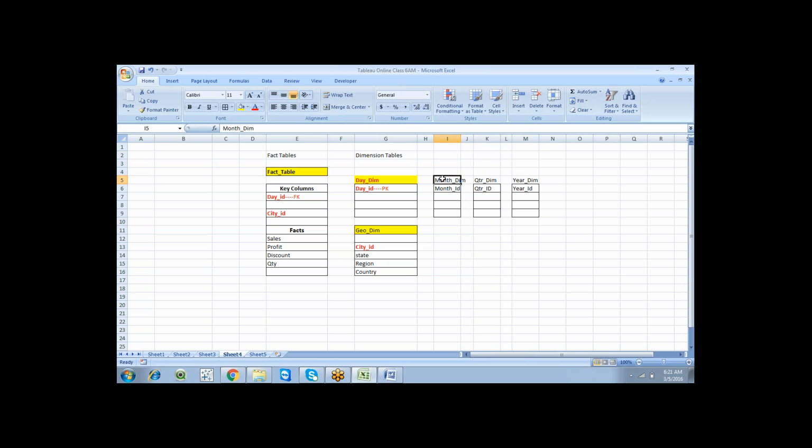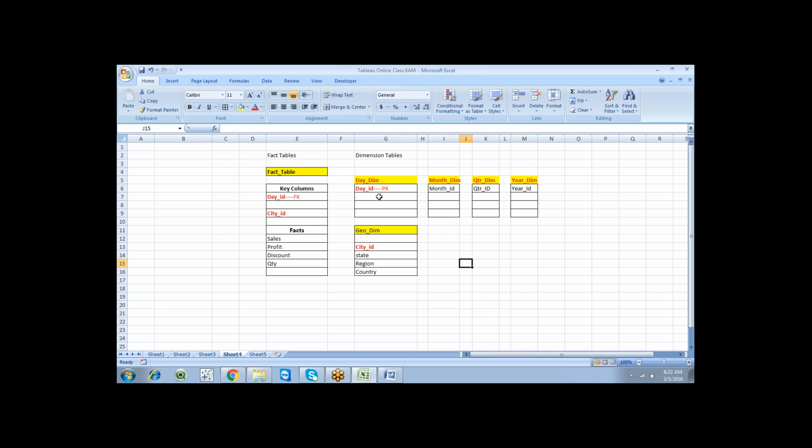For every table, you can differentiate simply with the table name: day underscore dim, month underscore dim, quarter underscore dim, and year underscore dim. So we have four tables.